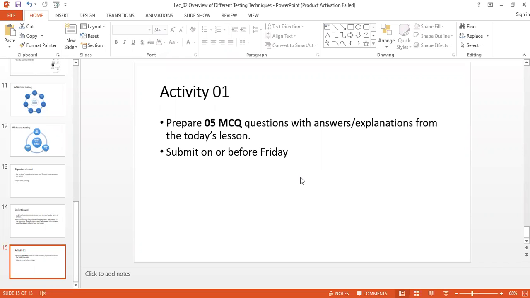So I need that part. Then you will be able to understand how we prepare MCQ tests for your quizzes, right? So make sure you are doing that one.